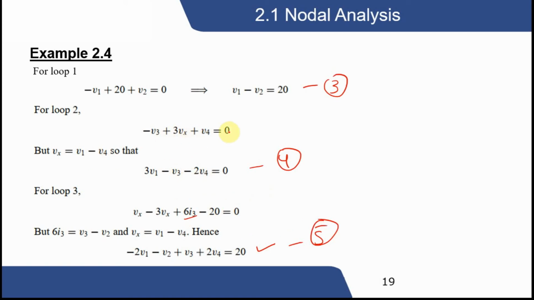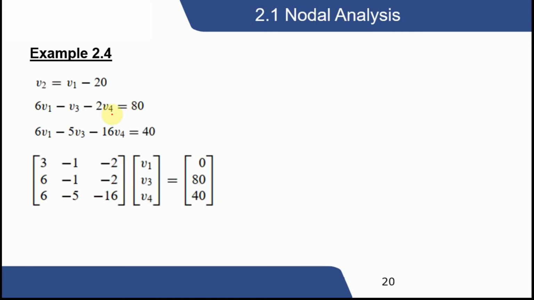You can also solve using vx. So when we have vx, we have v1, v2, v3, v4 and vx. So we have 5 unknown variables, so we need 5 equations. We already have 5 equations, but the matrix becomes 5 by 5. From equation 3, v2 is equal to v1 minus 20. This is equation 3, that we calculate here.